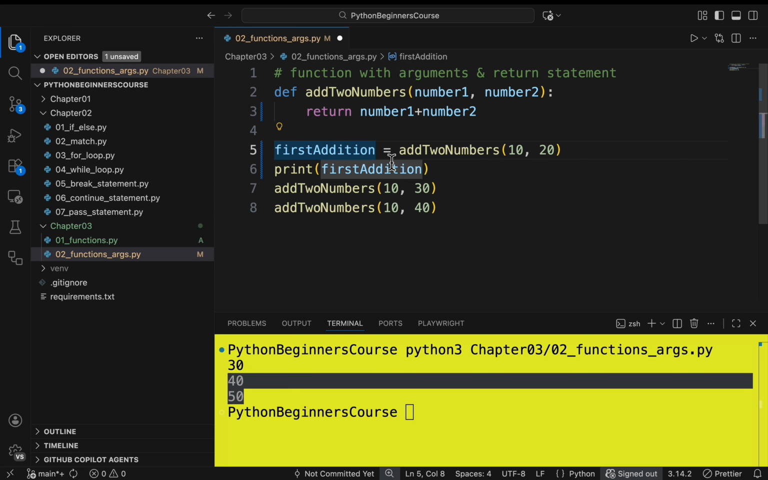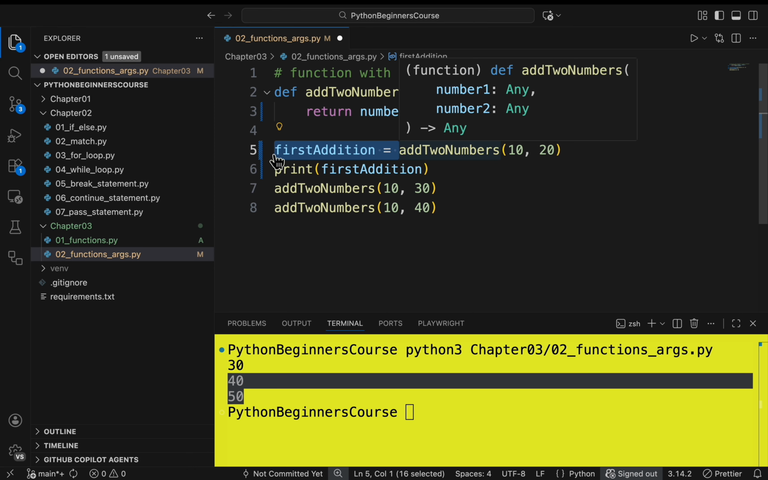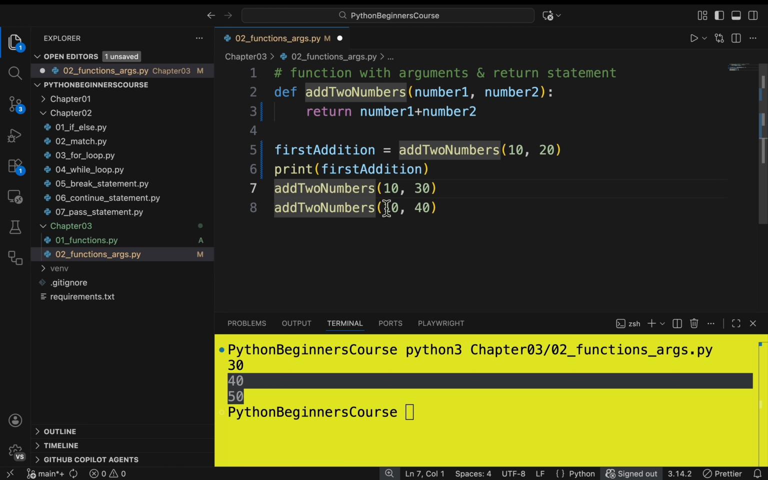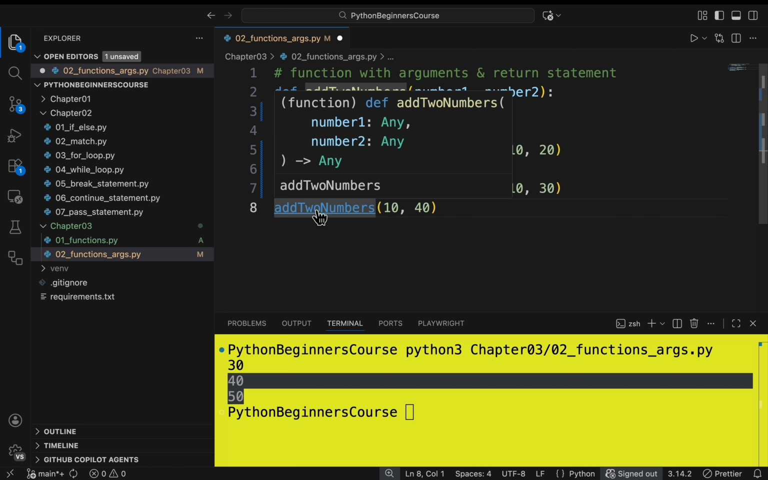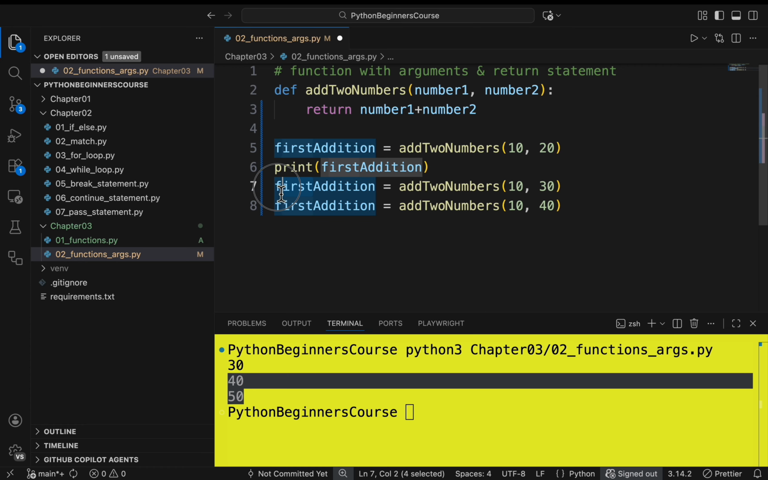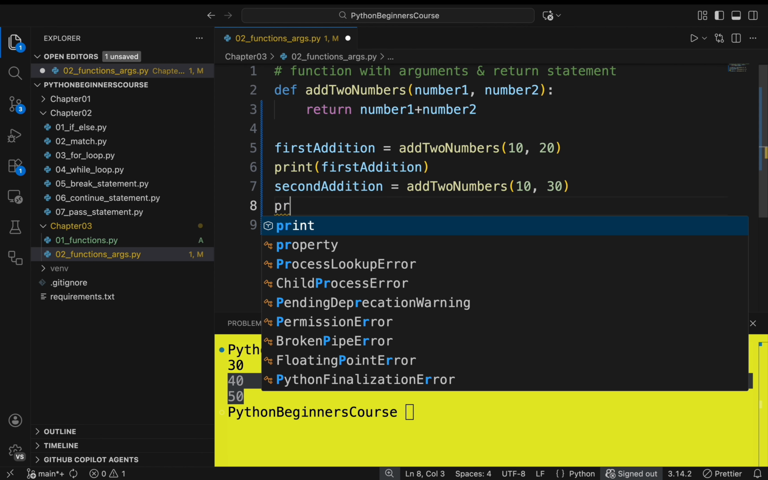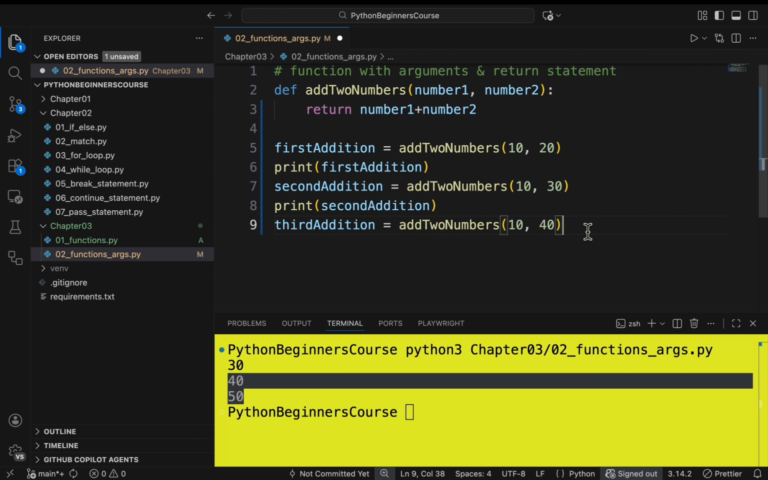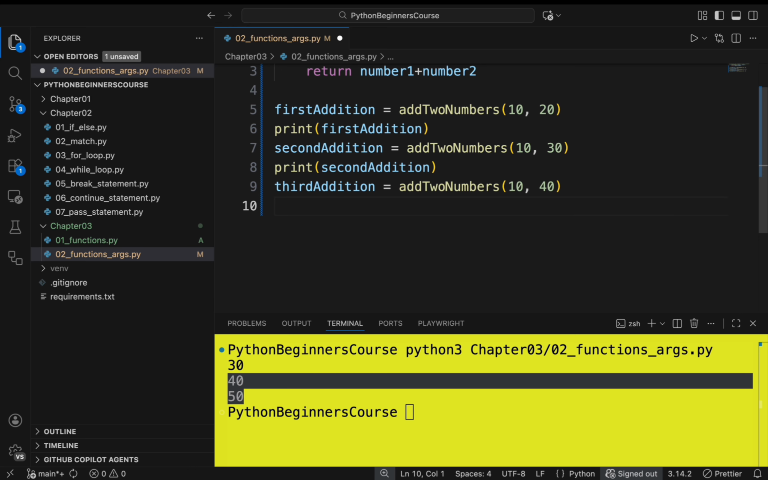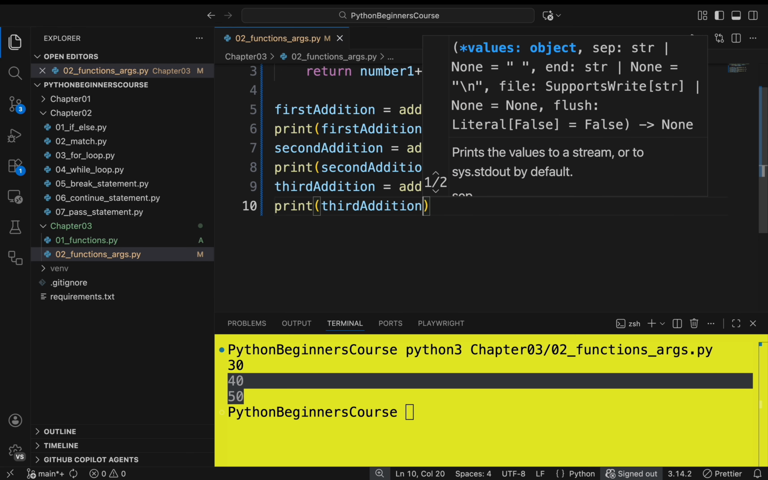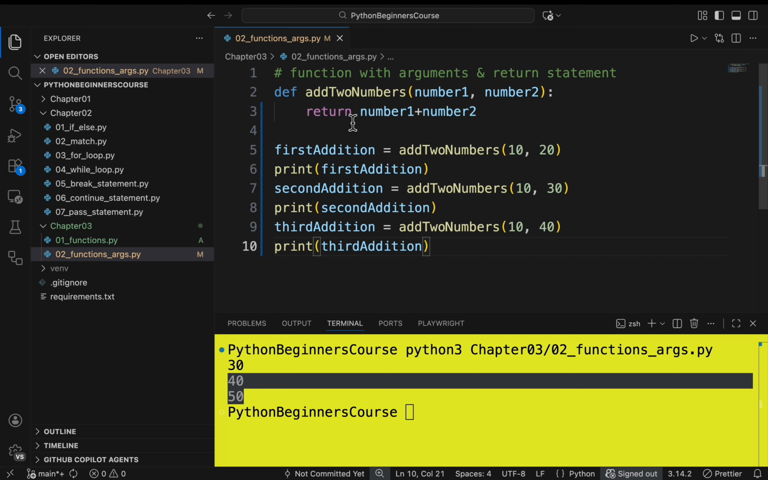So similarly, I'll do it for line number 7 and 8. Let's update the variable name as second addition. This is the third addition. Similarly, let's print the output of second addition by using a print function, and then we will print the output of third addition. That's it. So this is how we can return any value from the function after performing the sum operation within the given function,